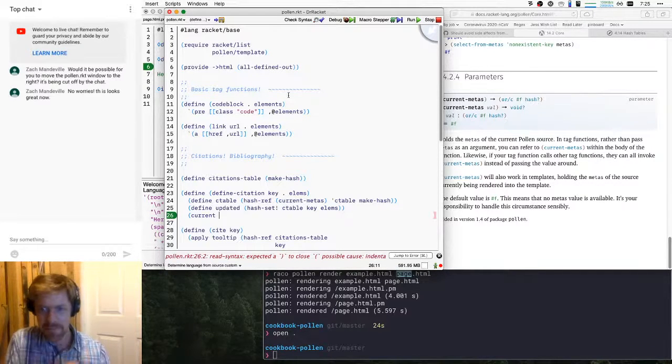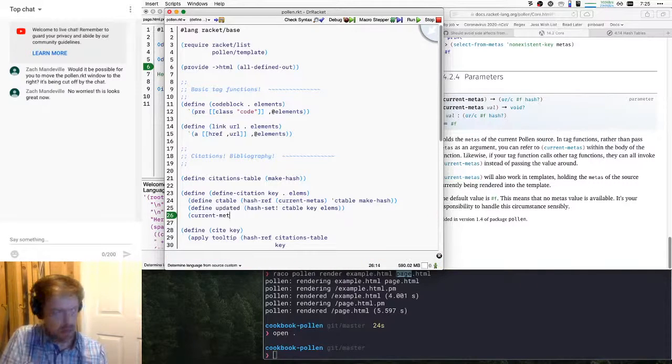So, okay, so that's so much for parameters. And the other virtue that parameters have is that they're thread safe. So if you're doing something multi-threaded, each thread gets a fresh copy of the parameter and doesn't have to worry about clobbering the other threads. But anyways, so what we're going to do is current metas hash set